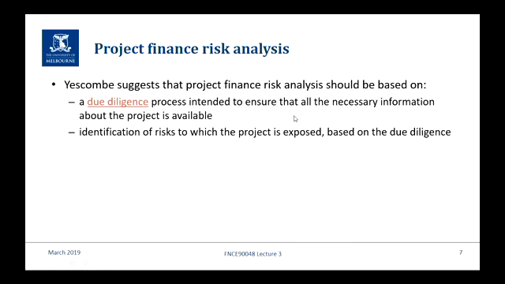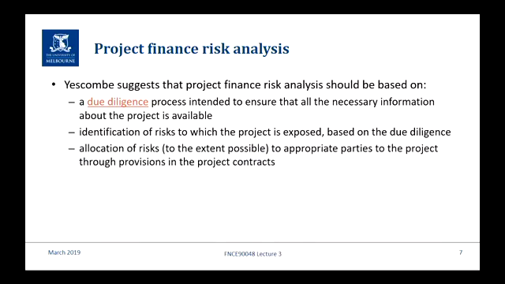So once you've got all the information, so you know it's a power plant, you know where it's going to be, you know what size you expect it to be, you know what the local communities and the environmental issues are, you start identifying the risks to which the project is exposed. And once you've identified the risks and assessed them, you allocate them to the appropriate parties, and that's what I spoke of earlier. The appropriate parties are the ones that will contractually bear that risk, because that's what they're in the business of doing.